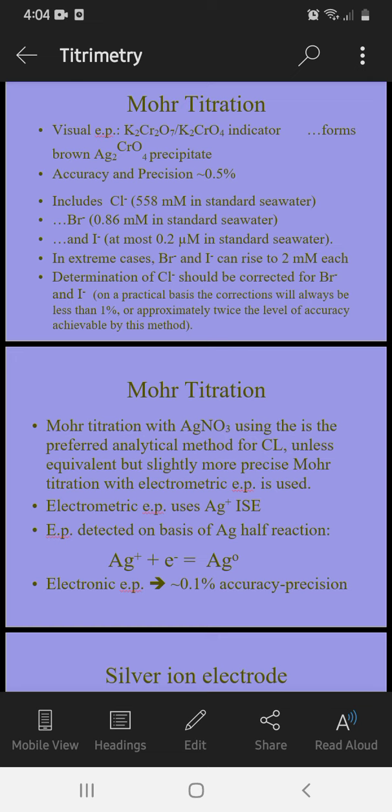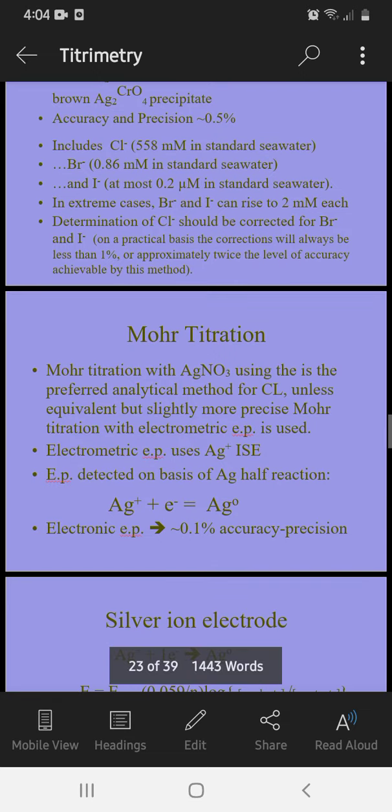Seawater includes Cl- at 558 mM in standard seawater, Br- at 0.86 mM, and I- at most 0.2 μM. In extreme cases, Br- and I- can rise to 2 mM. Each determination of Cl- should be corrected for Br- and I-. On a practical basis, the corrections will always be less than 1%, or approximately twice the level of accuracy